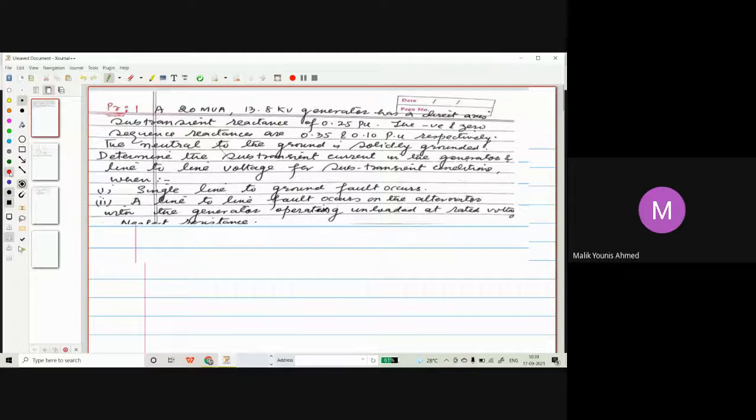Problem. Later, when we do line to line, we'll talk about this. Okay, the solution for this problem is, now, what we are having, we have to choose the base value first, because we have to find the values both in per unit and in the actual values. So we will say,